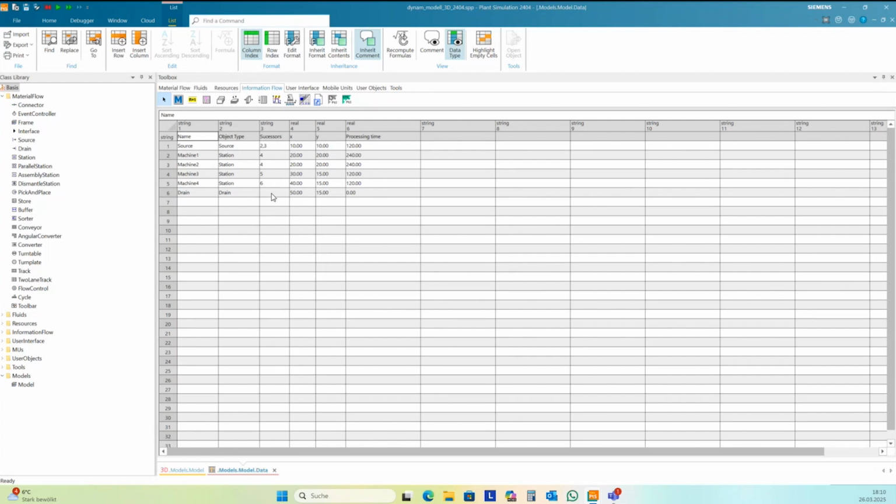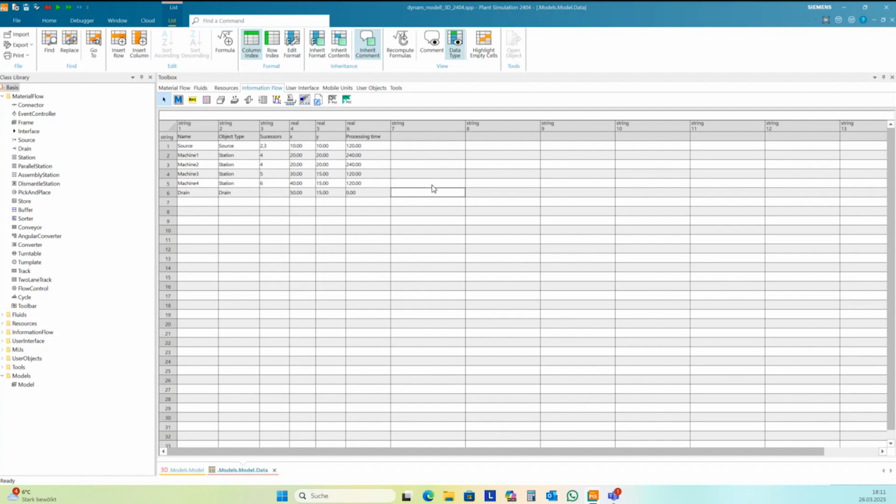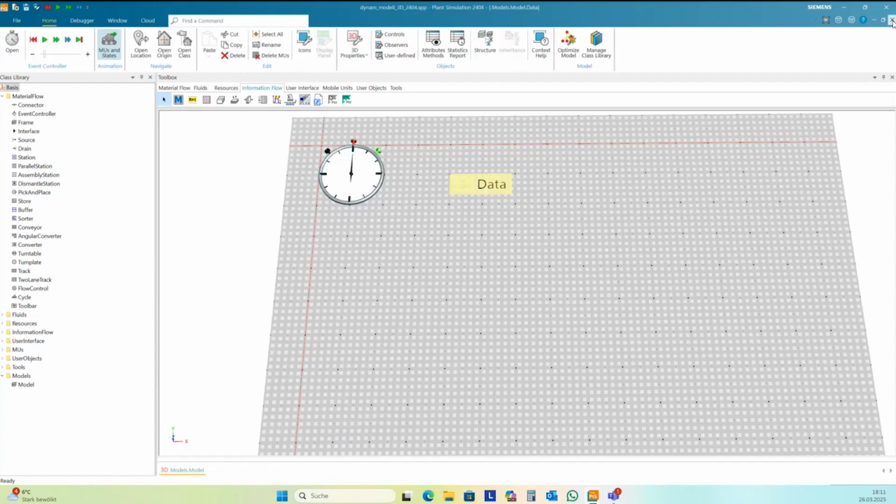You can find a way how it looks, how it works better for you. We need positions here in meters in Plant Simulation, and we need processing times and a lot of other times that you want to have as attributes behind all the objects. Okay, and with this data, we can go into the creation process.